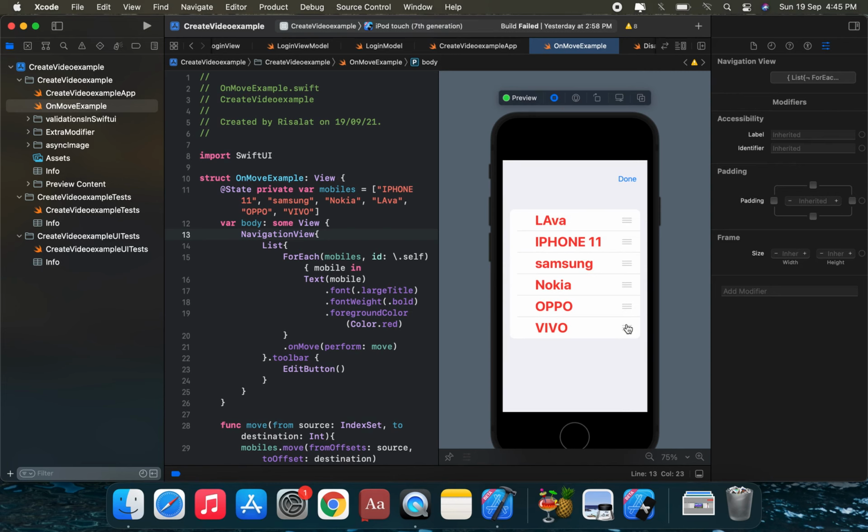This is the onMove modifier used in a list. It doesn't persist in this application's table data. SwiftUI gives us simple hooks into a list to let us move rows around by attaching an onMove perform modifier to an item in a list, and having it call a method of our choosing when a move operation happens.